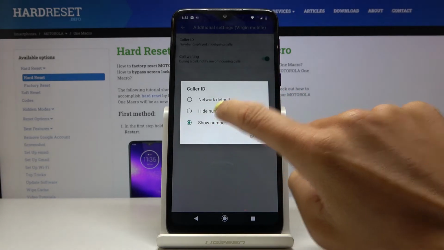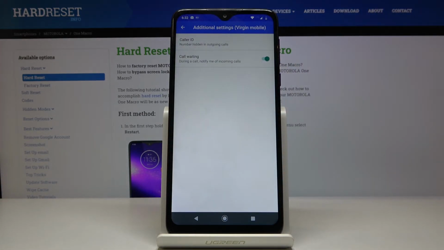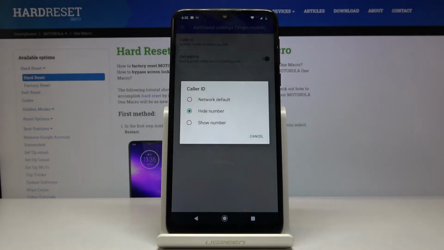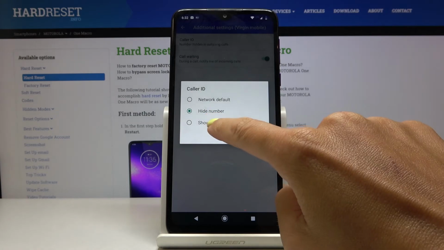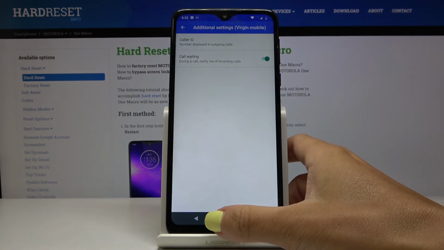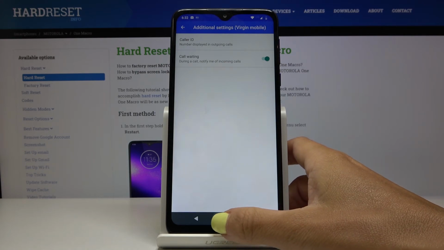So if you'd like to hide it, just click on hide, and from now on, no one will be able to see your number. Then once you're with this setup, you can just smoothly change it to show number, and then everyone will be aware of what number you're having. So actually this is it. This is how you can hide or show